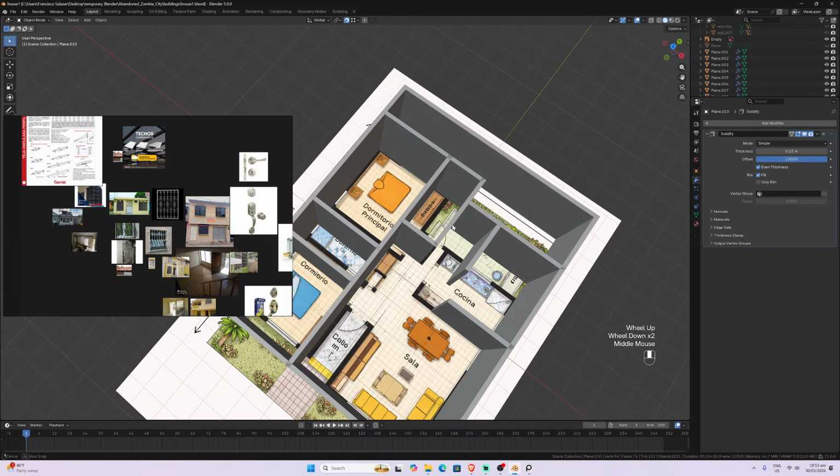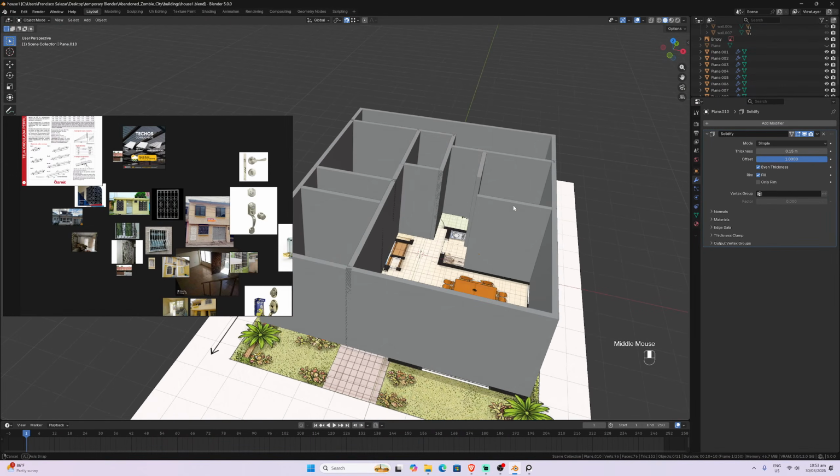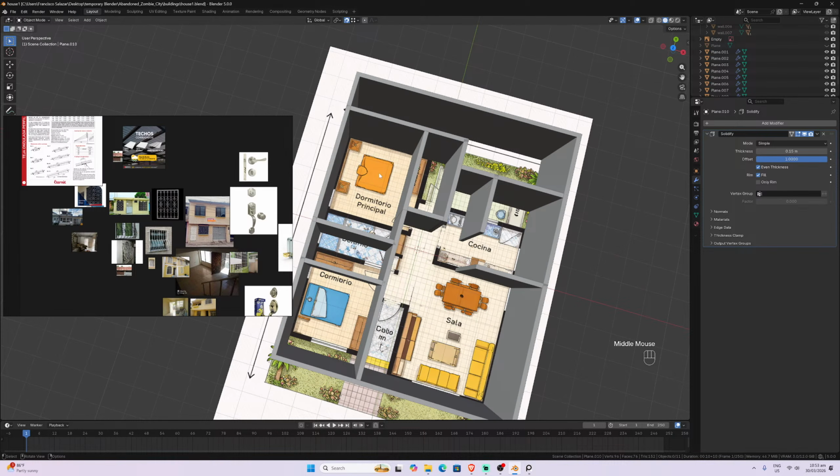Okay, we have everything. We have the backyard, the main room, another room, a general bathroom for everyone, for visitors, and for this room. Oh, here maybe we're going to have a problem, or let me think.